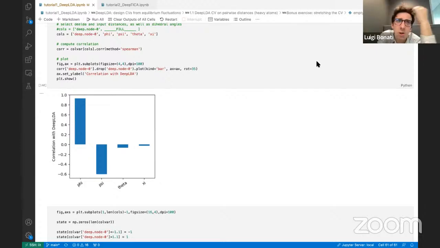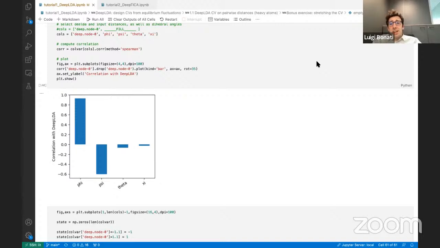Well, I would say it depends. If I understand correctly, your question is what happens if I have some intermediate states I didn't know of at the beginning. Of course, in general, the answer is it depends. With data-driven methods, and especially with neural networks, because they are very powerful, they are in general reliable on the data they have been trained on. So if you have some metastable states,